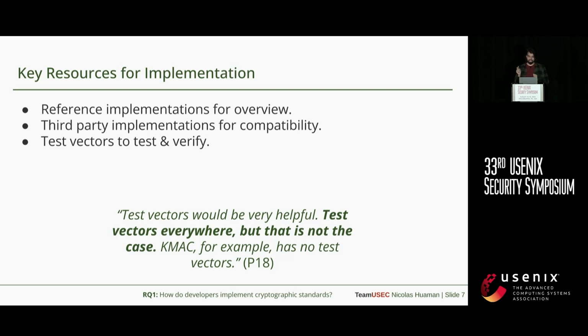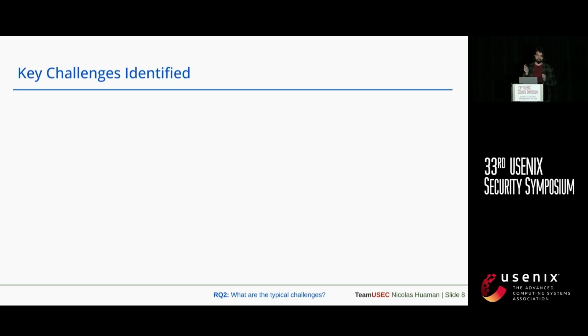Now let's look at some of the challenges we identified. First of all, what especially younger developers mentioned, or less experienced developers, I should say, is that complexity of standards invites mistakes. So if a standard has many different variants, you have to choose how to implement all of them. You have to select which ones you actually want. If it has extensions, you have to select which extensions you want. If a standard is very complex, then there's a lot of room for error.